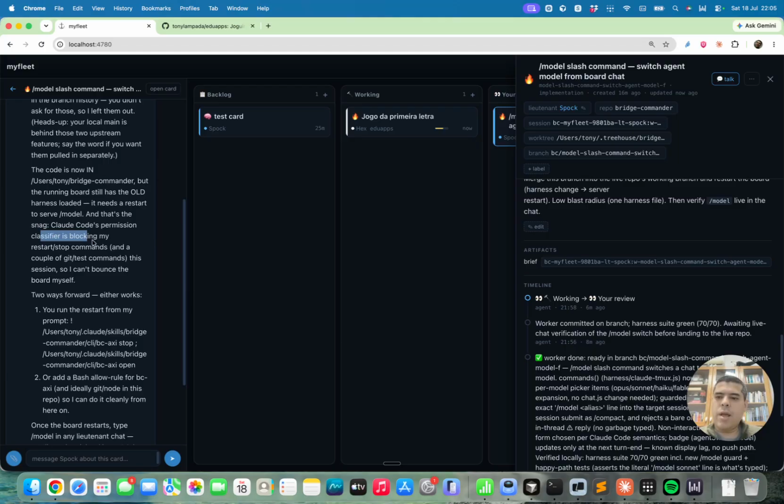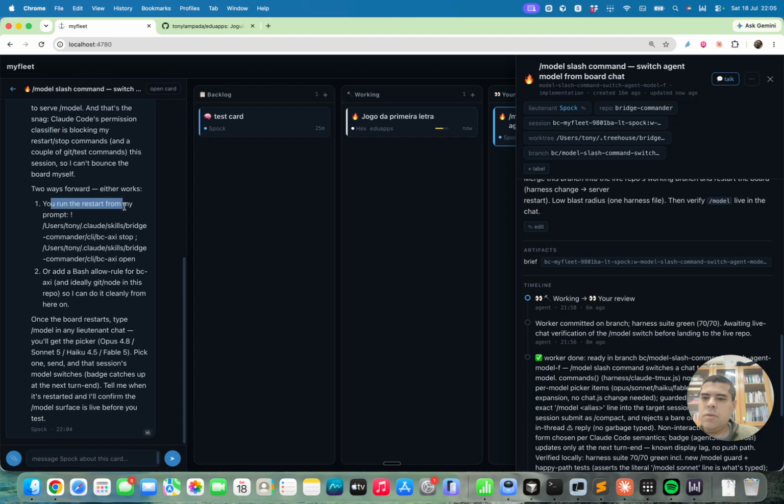Elefante começa com E. Claude Code's permission classifier is blocking my restart. You run the restart from my prompt, or add a bash allow rule for BC, XE, and ideally in this repo. Yeah. Okay. So I'm going to do this from the tmux